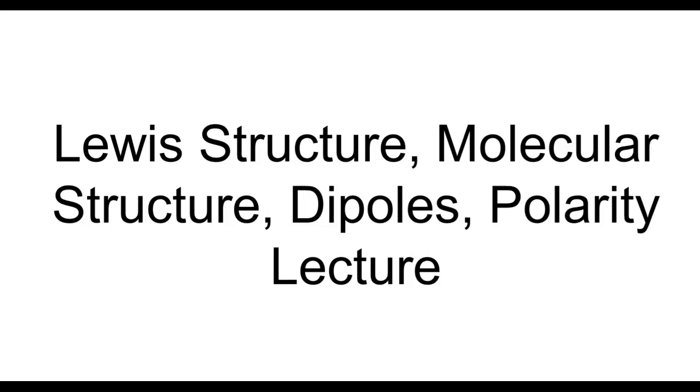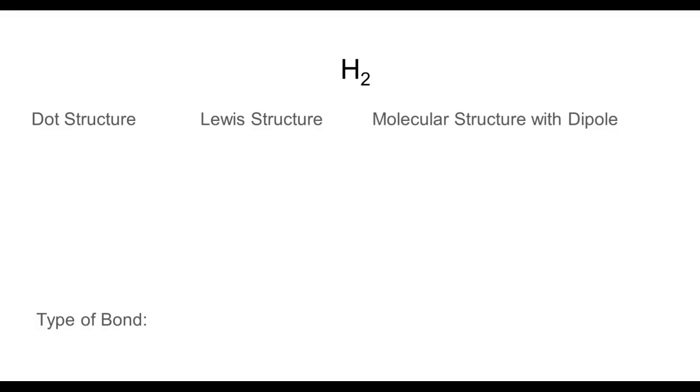We're going to do a small lesson on Lewis structure, molecular structure, dipoles, and polarity lecture. So the way that we're going to introduce this is by actually looking at some examples. We had talked about how certain atoms that don't have a great electronegative difference, rather than being